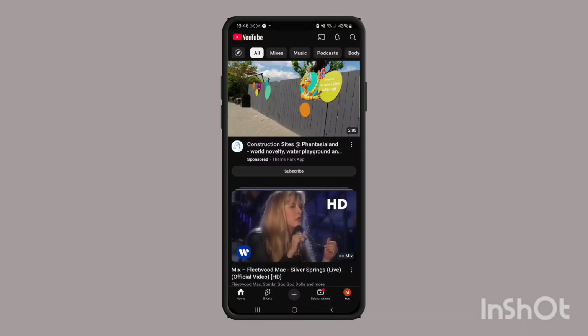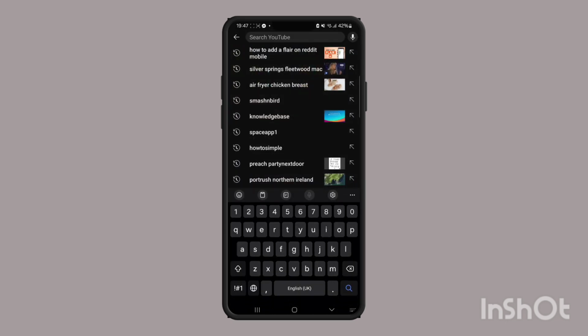In this video, I'm going to show you how to delete your YouTube search history on a Samsung Galaxy tablet. So there's two ways that you can do it. The first way is by deleting individual searches. So press on the magnifying glass in the top right, and if there's a specific search that you want to